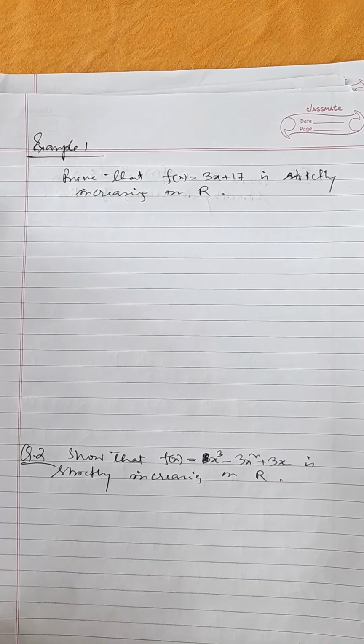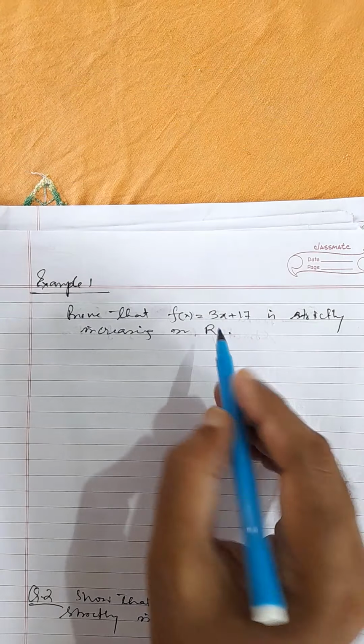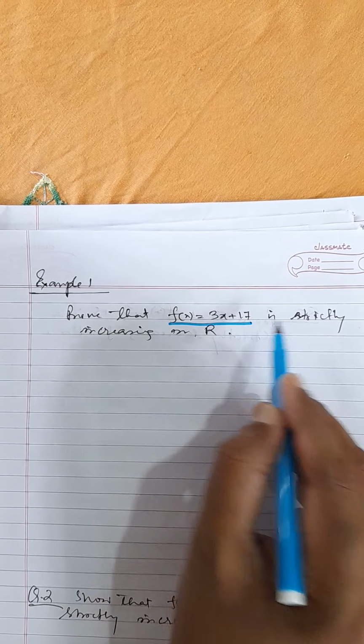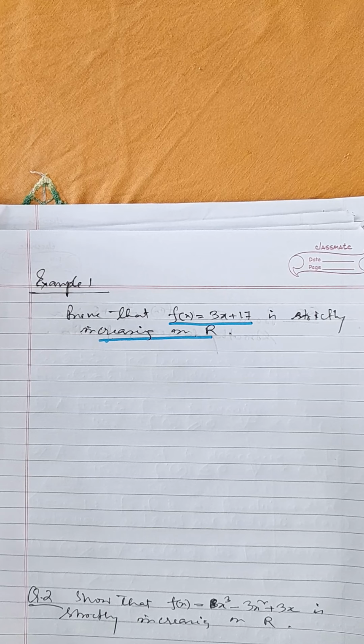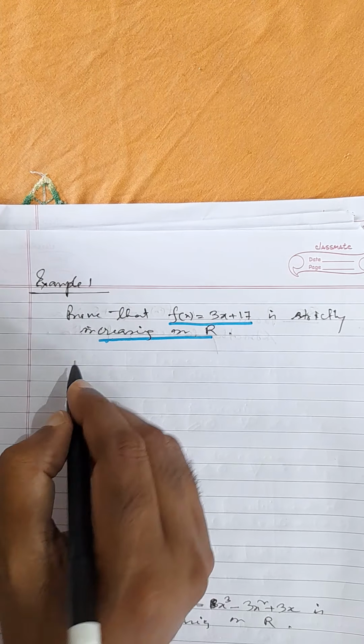First example: prove that f(x) = 3x + 17 is a strictly increasing function on R. Here we will use both the methods. Let's see both the methods, how to do it. First method